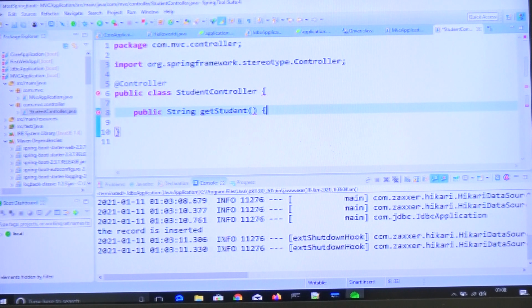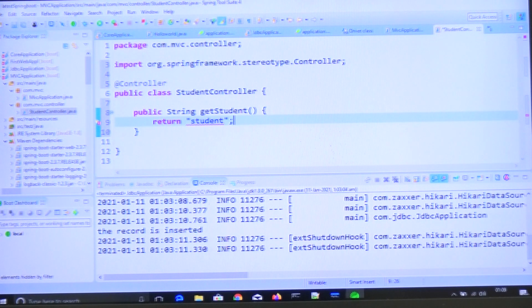In this method I am writing return "student", which is the student JSP page. Otherwise we are going to give some JSP page. Which JSP page? The student JSP page. This is the controller.